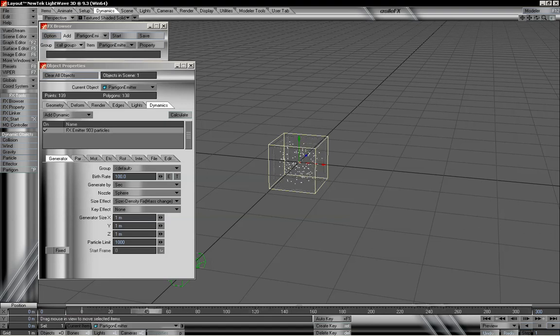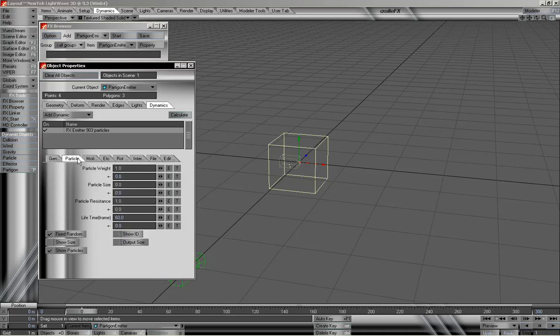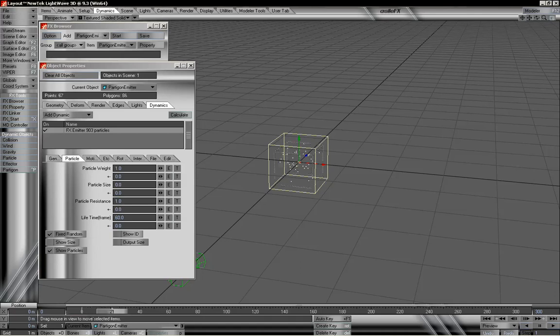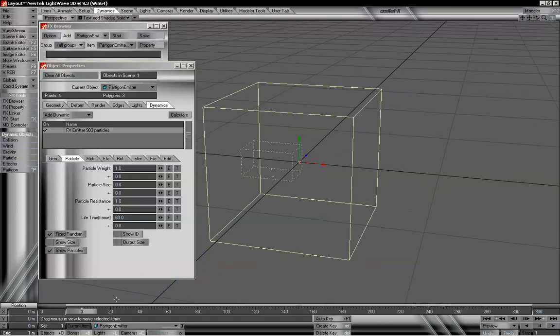Now at this point, with our default settings, once we hit frame 60, the particles are going to start to disappear. And that's based on the option we have in the Particle tab, which is our lifetime frame. So right now, by default, it is set to 60 frames. So once each particle has been in our scene for 60 frames, it will disappear. And we can see that happening within our emitter box. I'm going to go ahead and zoom into this, and we can see that a little bit better. Once we hit 60 frames, we can start to see them kind of just